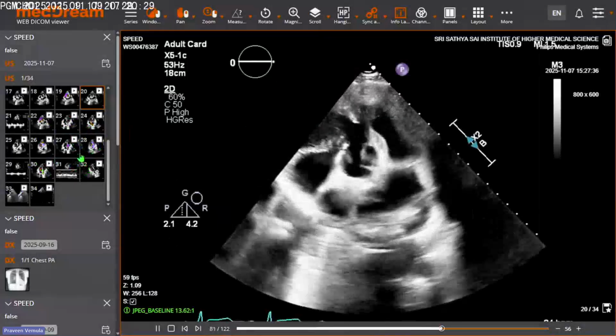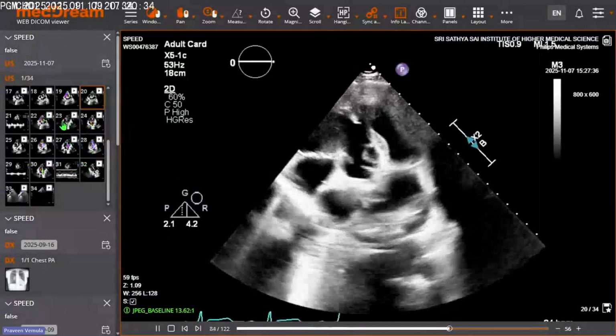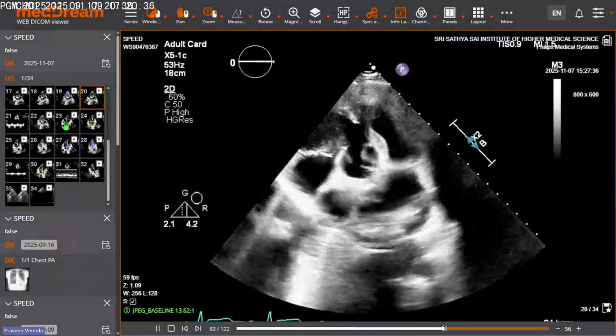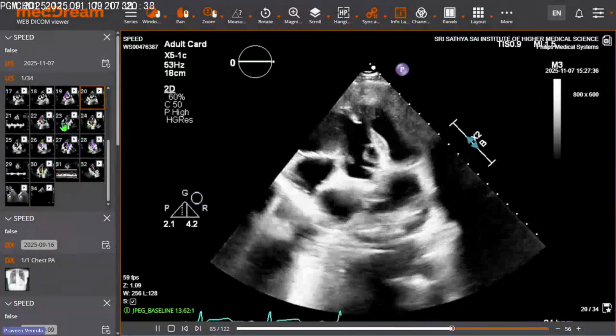Can you go for CT? CT angio? Yes, CT angio also. But for hemodynamic pressure tracing, cath. For pulmonary anatomy and all, CT is very good. Very good. Yes, sir. Okay.